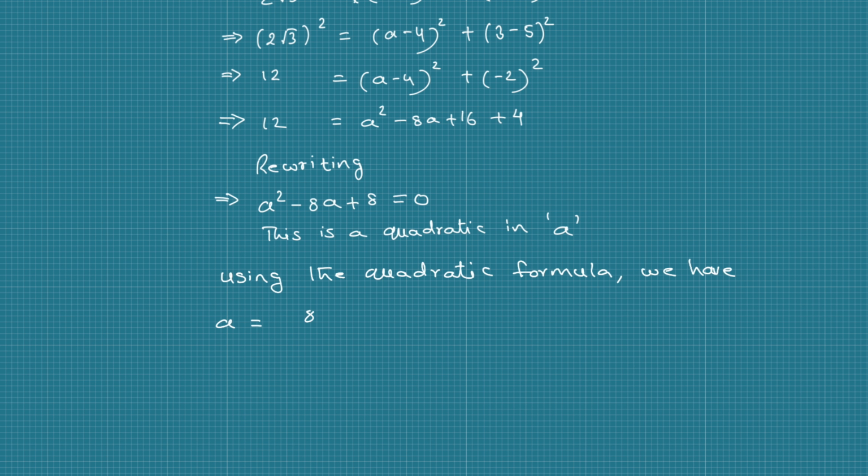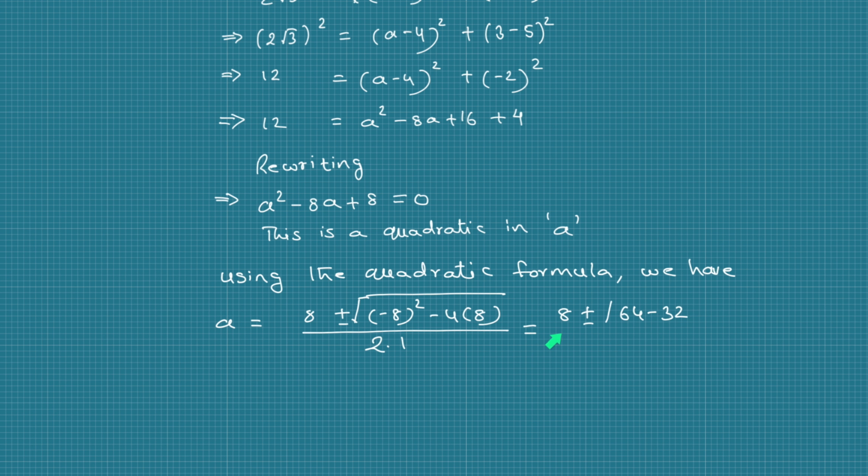We have a equals minus of minus 8, which is 8, plus or minus root of (negative 8) squared minus 4 times the coefficient of a squared, which is 1, times 8, divided by 2 times the coefficient of a squared, which is 1. This gives 8 plus or minus root 64 minus 32 divided by 2,